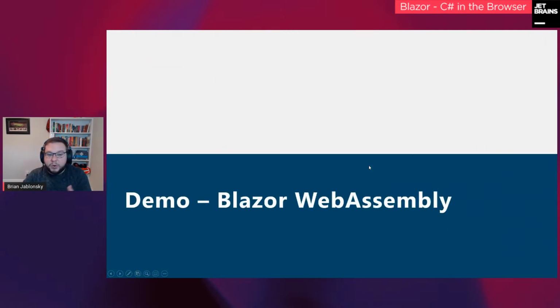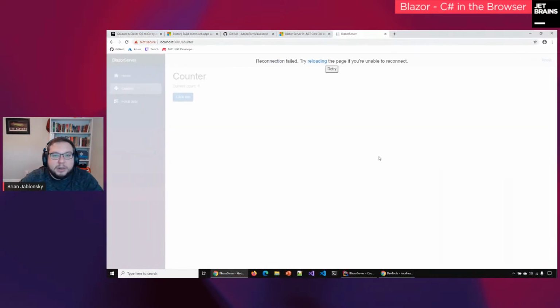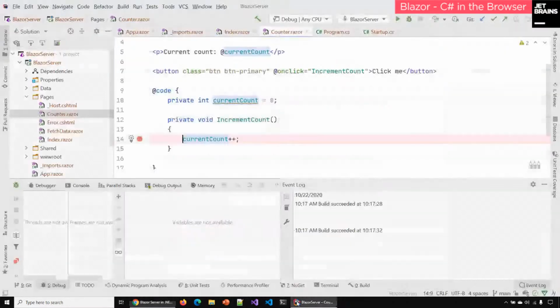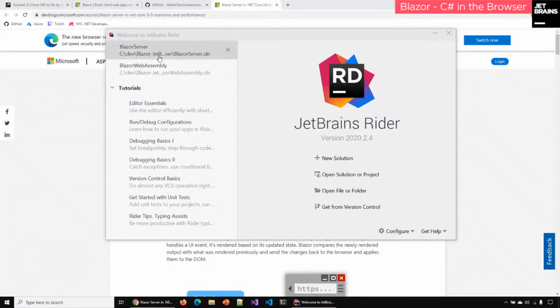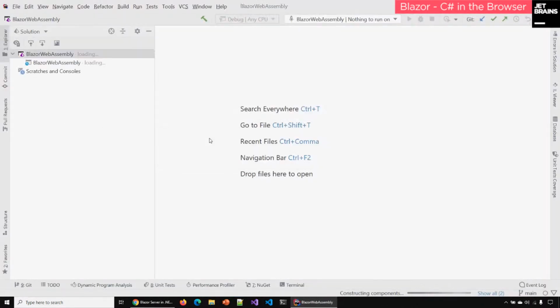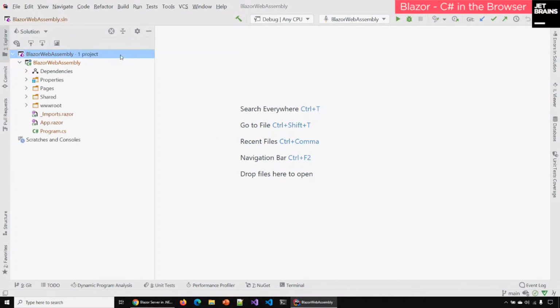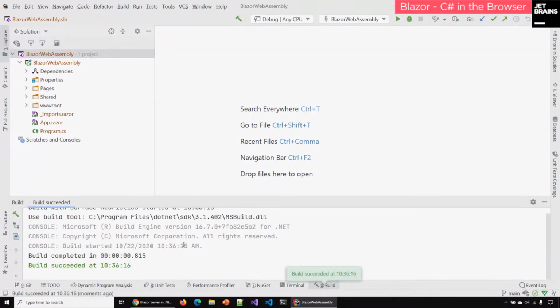So, cool. Let's open up our WebAssembly project and look at how it all works. We will close this, go back to our Rider, close our server, and open up our Blazor WebAssembly. All of these projects I'm showing you were just File, New. They're what's provided for you out of the box. I just didn't want to go through File, New, though we will do that when we build out an example web application. But just for time's sake, we're going to build everything, and then run it.